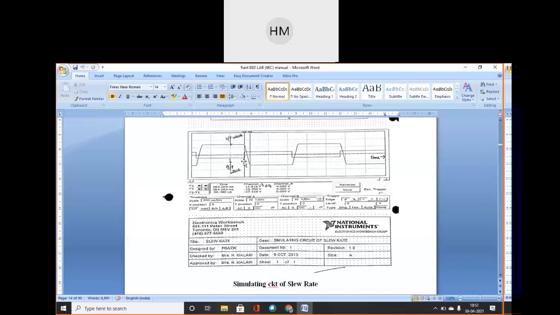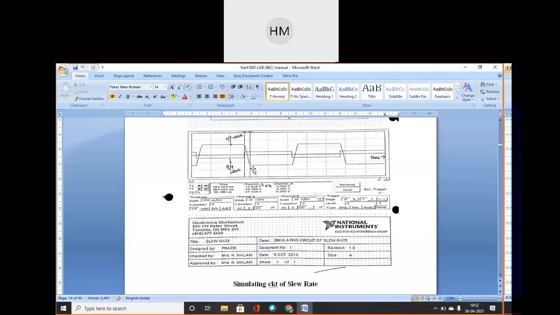dV0 is the y-axis output, the maximum peak-to-peak voltage. And here dV0 is coming out to be 13.8919 volts, that is approximately 14 volts. Okay, and the time difference is between the highest peak and lowest peak. If you can see on the screen, I'm showing you that this difference on the time axis is my dt. So this ratio will give me how much the output voltage is changing with respect to time. Its value is 0.5 volts per microsecond as per the datasheet value for IC741.